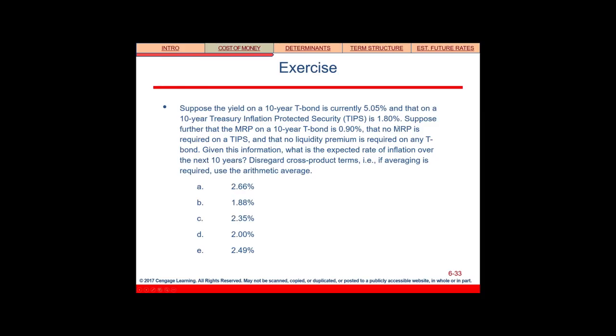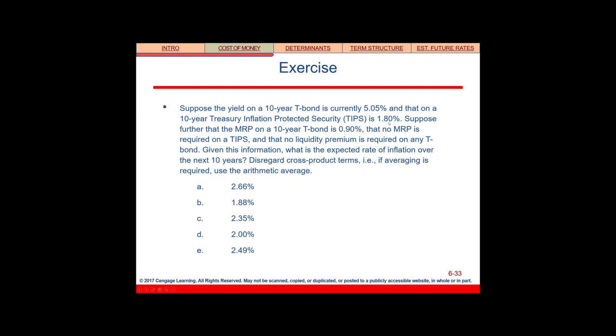Why is it just the real risk rate of return? Because clearly this is a 10-year Treasury inflation protected security, right? So even if you don't consider inflation premium because it's inflation protected, at least you should consider the MRP, right? Maturity risk premium. Then you have to read the question carefully. Here it says no maturity risk premium is required on the TIPS. So basically that means this